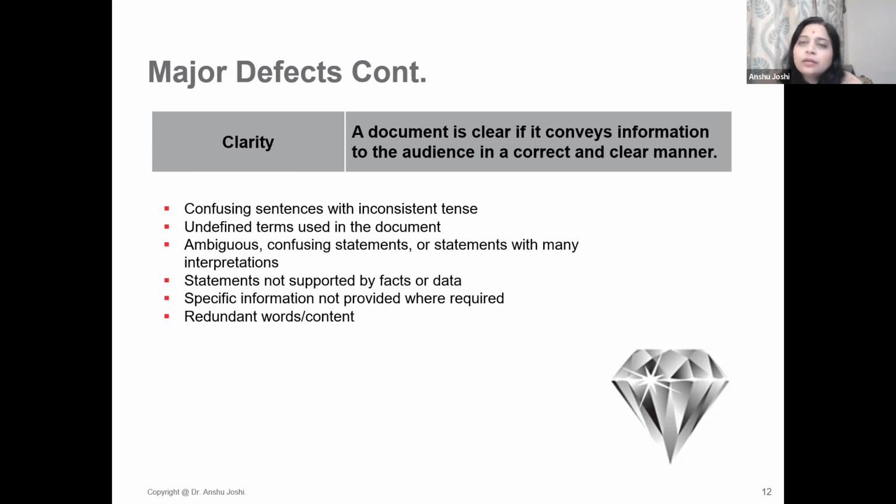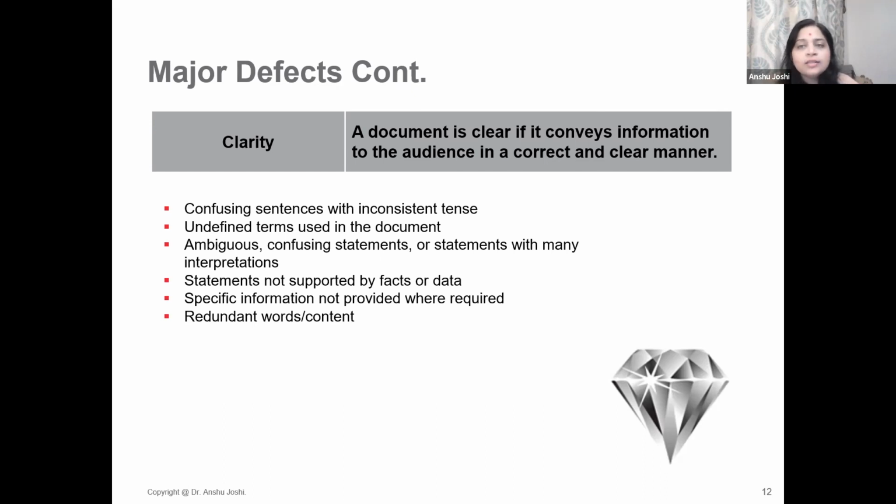So a lot of times in proposal documents, the evaluators find a lot of redundant information, redundant data. For example, a lot of people take a deep dive into the history of the topic itself, and they provide unnecessary historical information and data about the topic, which is not required for the research proposal. Such redundant information should not be provided in the proposal document, because it, first of all, unnecessarily